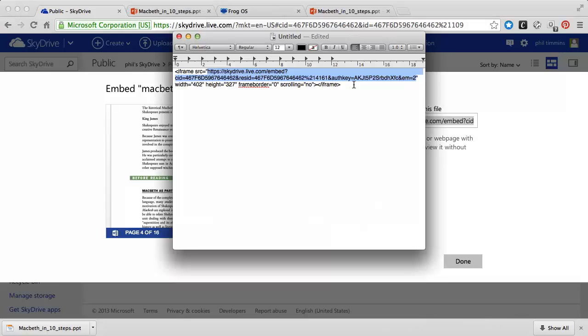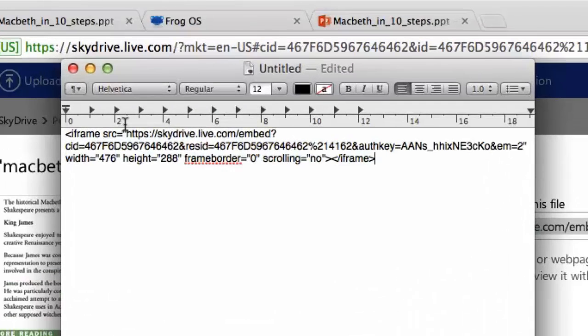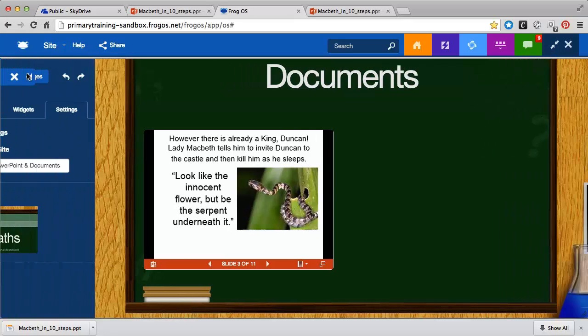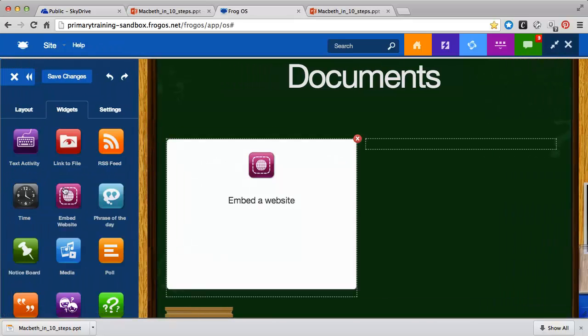Again, I'm going to go into my text edit. I can actually just paste over the top of this one. There we go, and I'm taking out everything that's in the speech marks, because that's the only bit I want, all the way up to that 2. Might be a bit of a different number on yours, so just make sure that you're looking out for the closing quotes. So let's just copy that there, go into our Frog page, and I'm going to drag another embed website widget onto here,